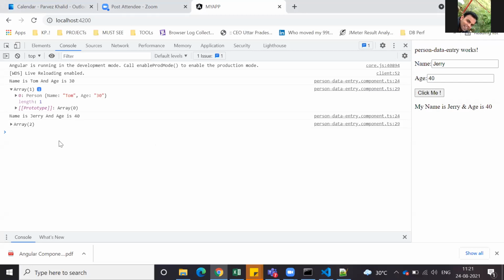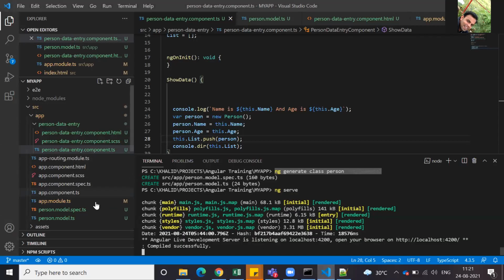So as I add entries, my array size is increasing and I'm storing a model into my array. So basically I have created an array of model. Correct. And this is my code.